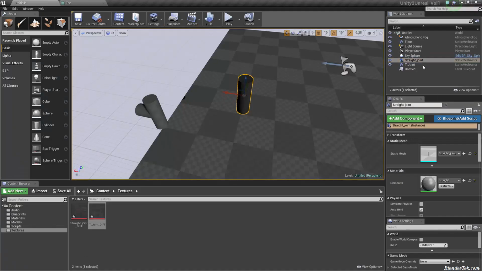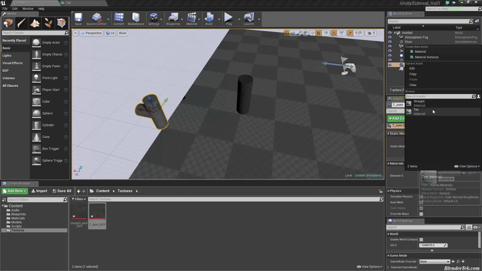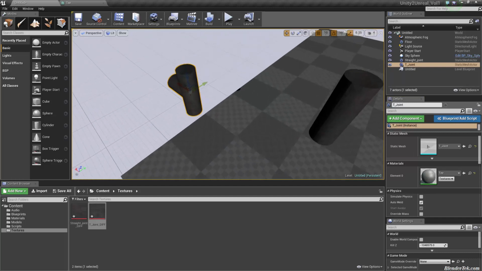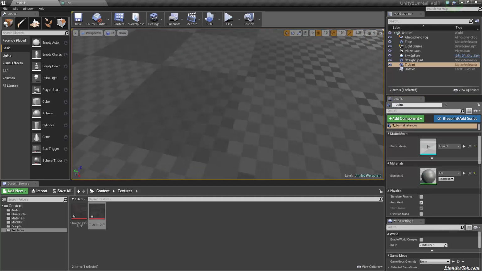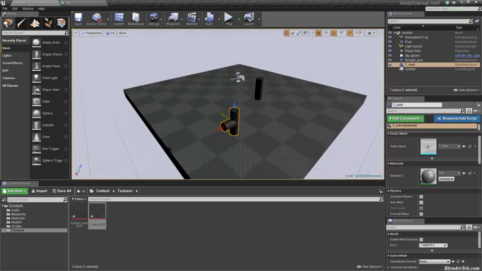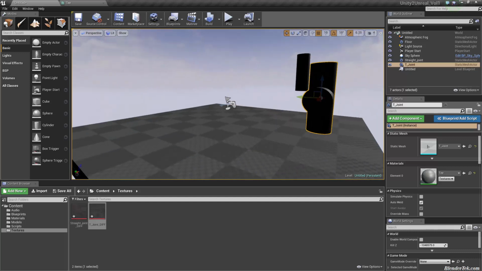Now we're going to select our T-joint in the outliner, aka the hierarchy. We're going to go into the detail window, aka the inspector. And for the material, I'm going to choose T. And there you go. It is textured. Still getting the viewport navigation down. It is textured perfectly as far as I know.